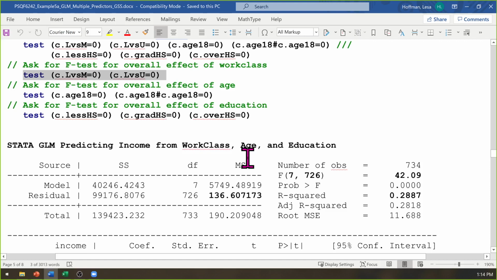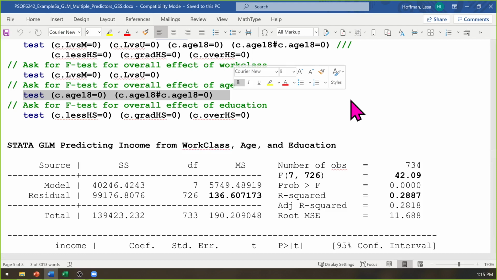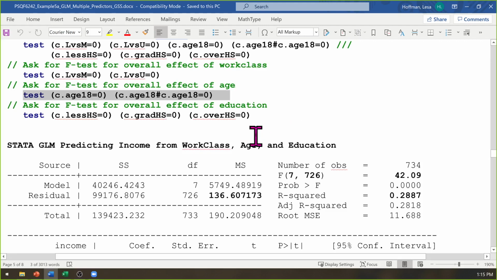That gives me a joint test of whether there are any differences across the 3 groups, because it takes 2 slopes to recreate all 3 means after we factor in the intercept. The second test statement lumps together the 2 slopes related to age to get their joint combination that describes whether age significantly predicts income. And then the last one lumps together the 3 slopes related to education.